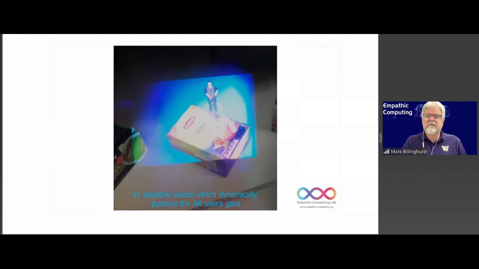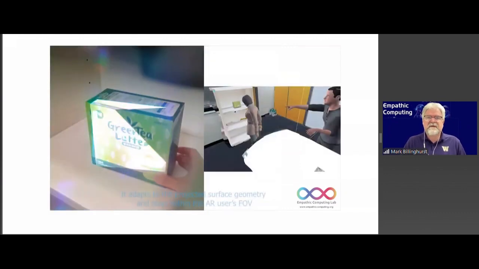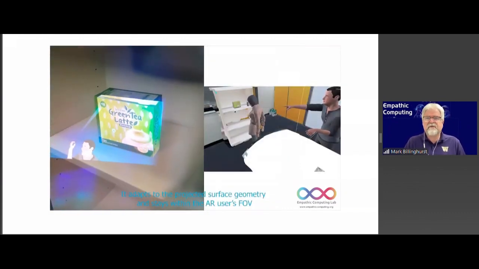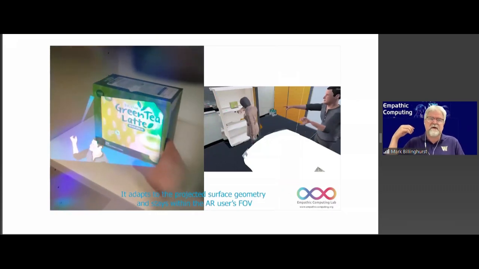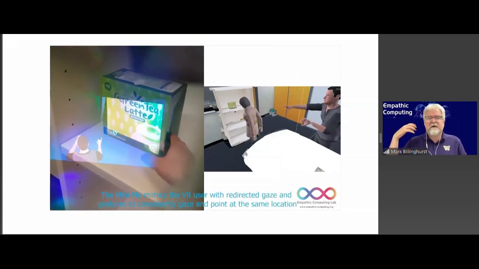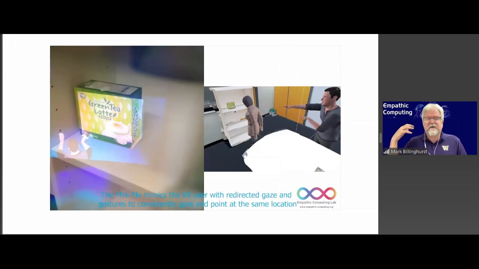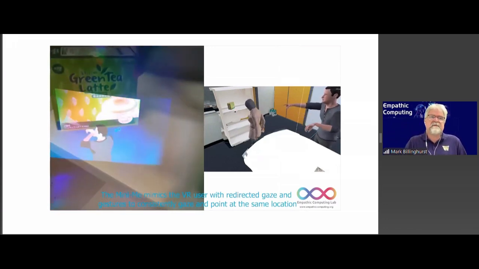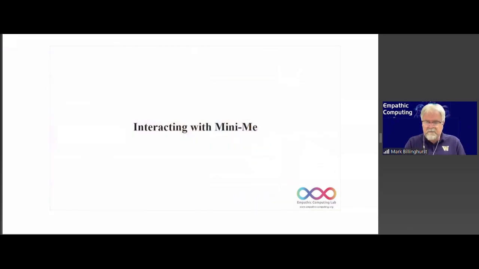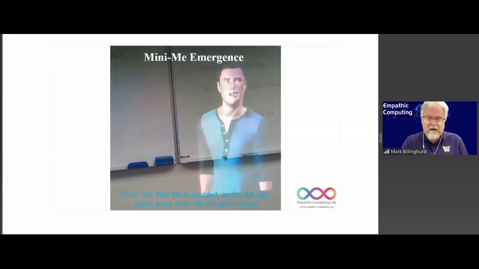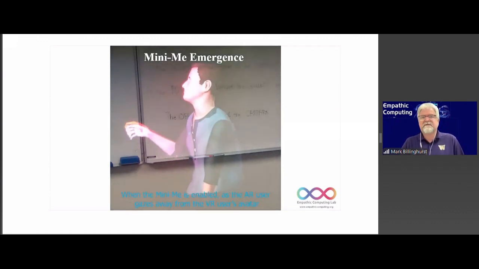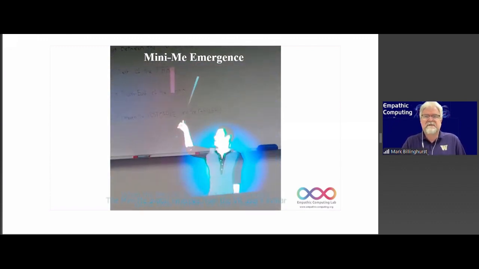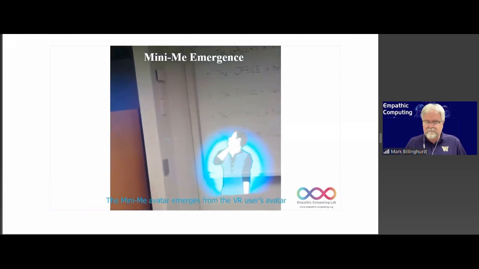So now the avatar is pointing at this real block, and it's simulating the case I just showed you before, where the person's behind you in the VR, pointing at this location. Now, even though I can't see the life-size avatar of my collaborator, I can see this little miniature copy, and it's pointing at the same location. So the mini-me appears whenever I can't see the life-size avatar. So now here's the life-size avatar, look away, and there's a little mini-me appearing, pointing at the same location.